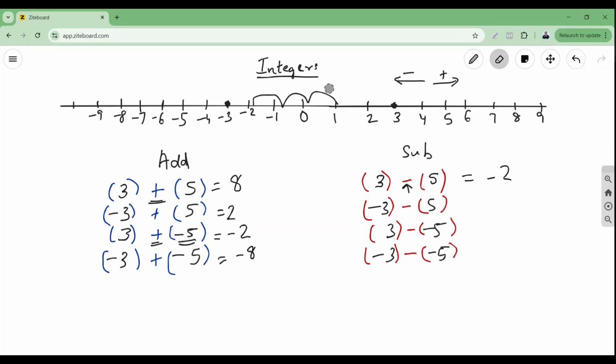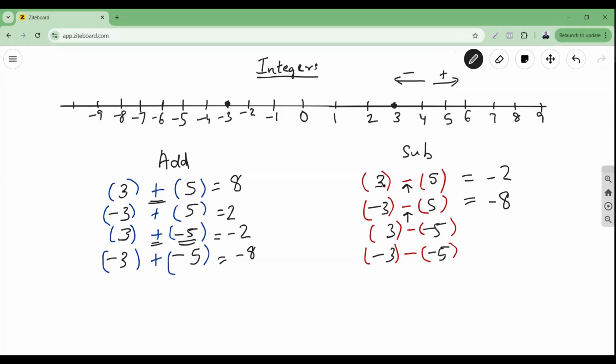Next, our question is, I start from minus 3, and because of this minus, I still have to go left side. I go left 5 steps. 1, 2, 3, 4, 5. So I end up at minus 8. So that will be my answer. Next,